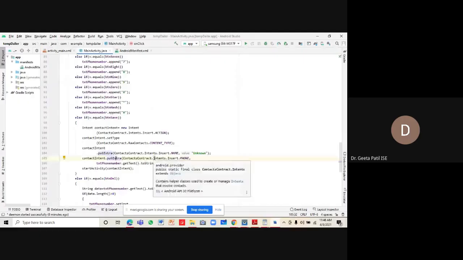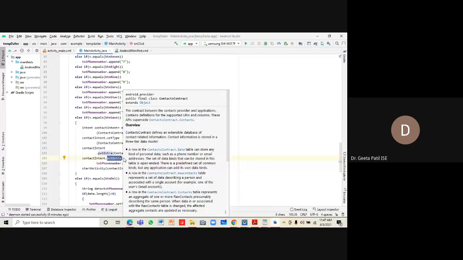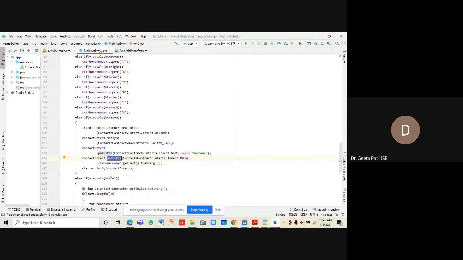And the phone number is read from our text field: txtPhoneNumber.getText. You're reading the phone number from the text field, converting it into a string, and using the putExtra method, this phone number is displayed on the activity which is used for saving the phone number.